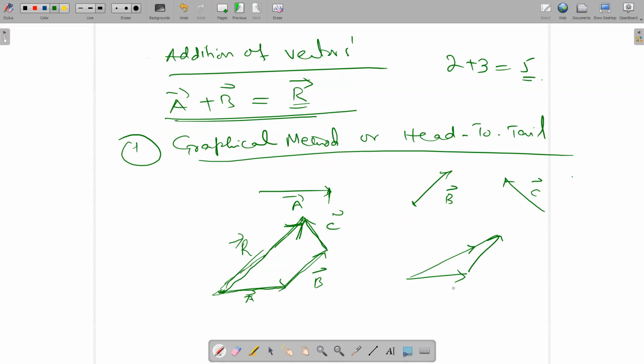Okay. So you should understand the graphical way. You will do this experiment, the force table, maybe some students have done it or not. You will do it. So in that experiment, you will use the graphical method and also the analytical method. Okay. Let's see. First, this one. Okay. You understand this one? Okay. That's clear.